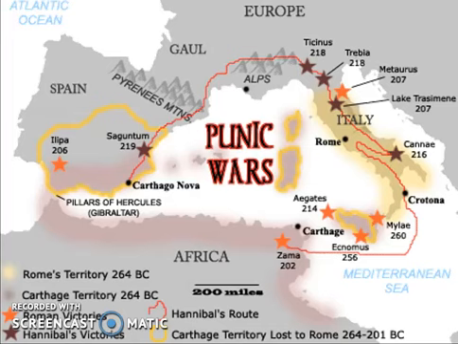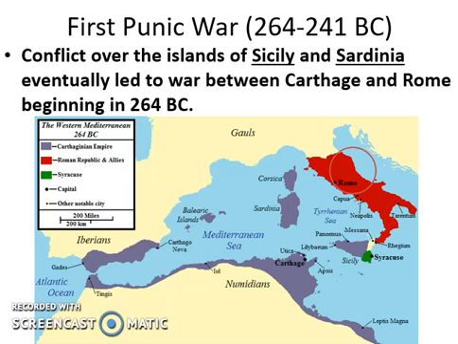So that takes us to the Punic Wars. The Punic Wars are fought between Rome and Carthage. This is an overview of the Punic Wars here, and we will come back to this image of the battles and the route that was taken later on and in class as well. So the Punic Wars are split into three sections, the first, the second, and the third. We're going to go through each.